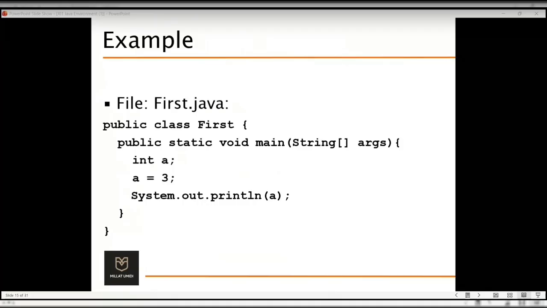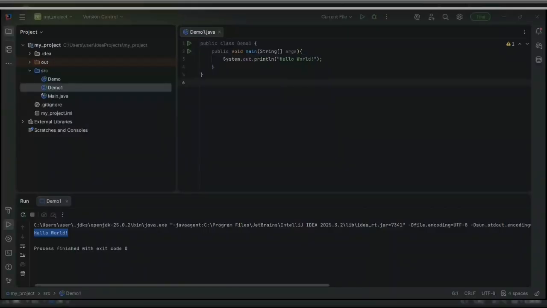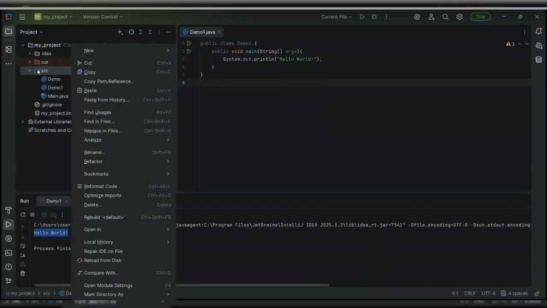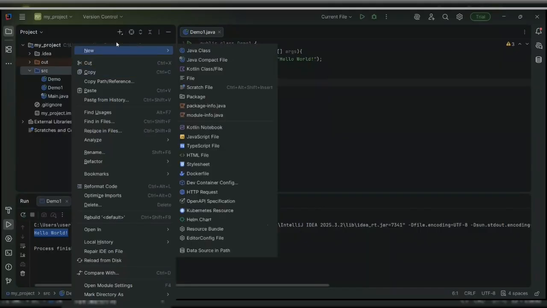Now let's try to write the same thing in code. If it's visible, let's go on. Here I have the classes already, but let's start from the beginning. So to create a class, you right-click on the source folder, and with New, you can create a class.